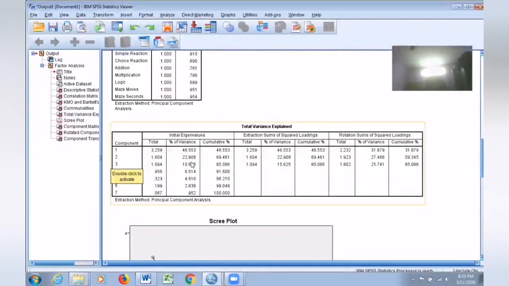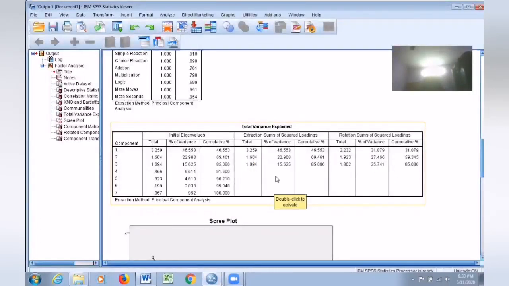The second factor contributes 22.90% of the variance, and the third factor contributes 15.62% of the variance. These 3 factors combined contribute 85% of the variance of our data. So I think these 3 factors are more than sufficient for us.